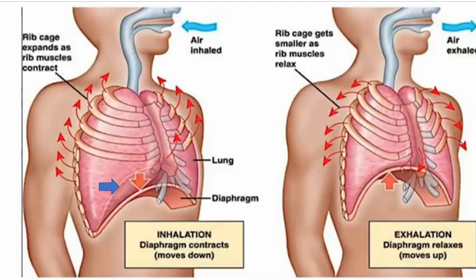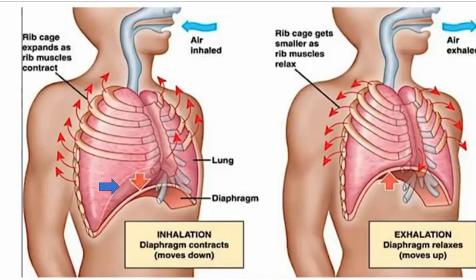Muscles contract, diaphragm contracts. It means it is the active process. What is the active process? You can say that the inhalation, that is inspiration, is an active process, but expiration is a passive process. So now it is very clearly mentioned that inspiration is an active process and expiration, this next diagram, it is the exhalation, this is a passive process.